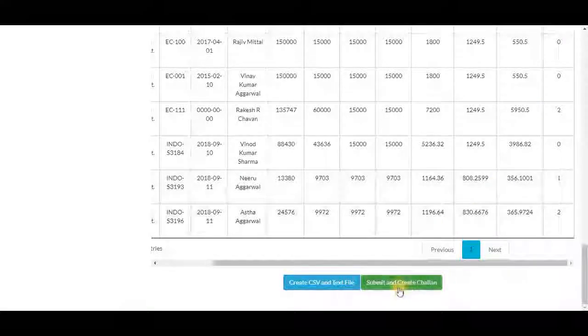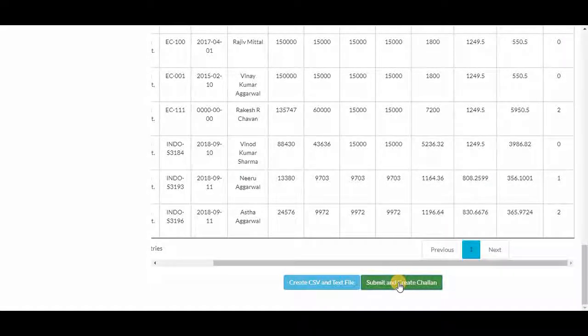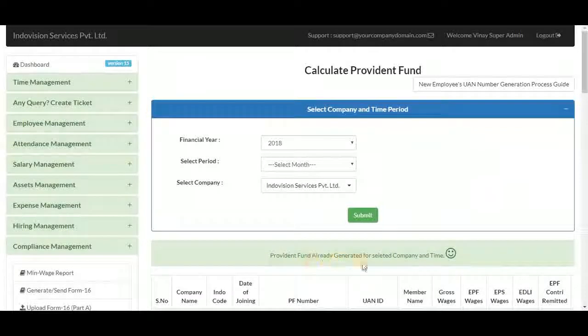And another for submit and create challan. Provident fund already generated for selected company and time. In that table, we also have column for PF number and UAN ID. They were just hidden for making video. Next part is